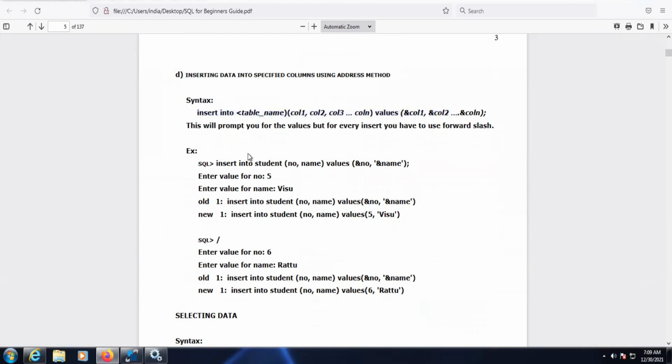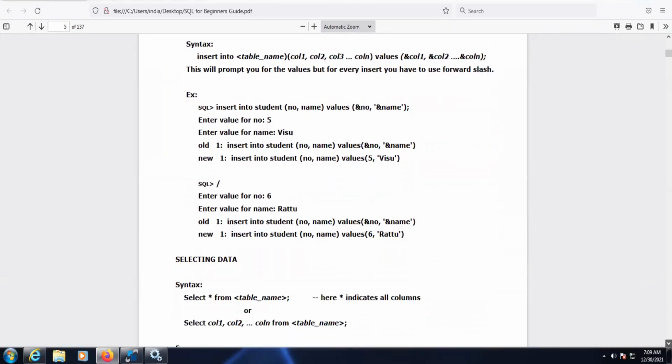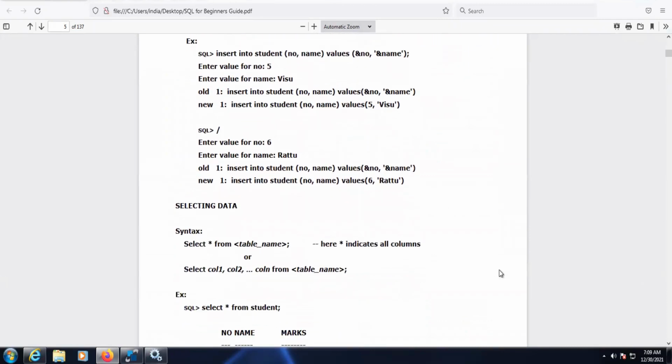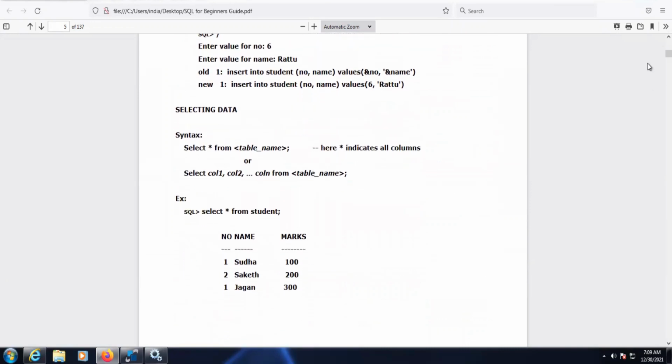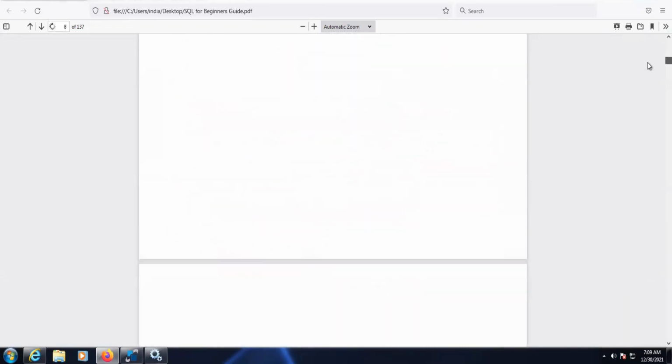You have to provide the list of columns that you want and provide the values. I'm not executing these statements. You can follow this document. Okay. So now let's move on to how to delete the data.